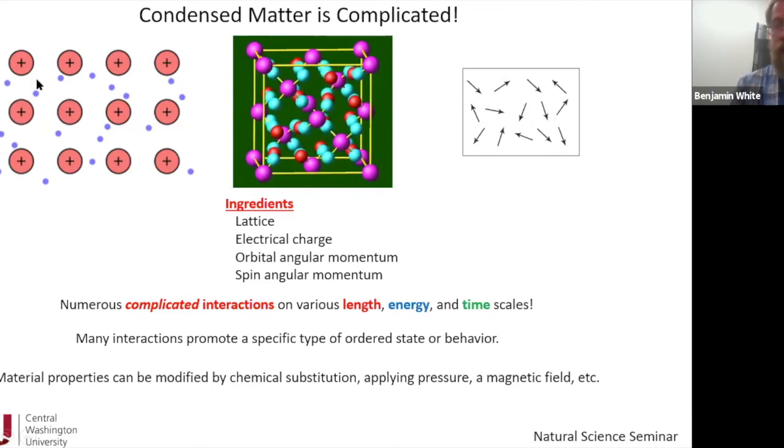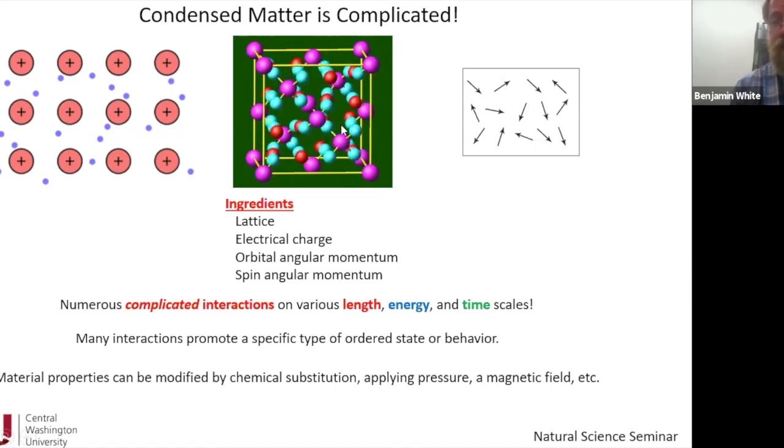Electrons can have spin and orbital angular momentum. So there's all kinds of these ingredients that are found. And when you have orbital and spin angular momentum, sometimes you can add those together to get a non-zero total angular momentum. And anytime you have a non-zero total angular momentum, you've got a magnetic moment. And a magnetic moment, that's kind of shown over here in this picture as these little arrows. You can kind of think about those as microscopic little bar magnets that maybe exist on the ion forming the